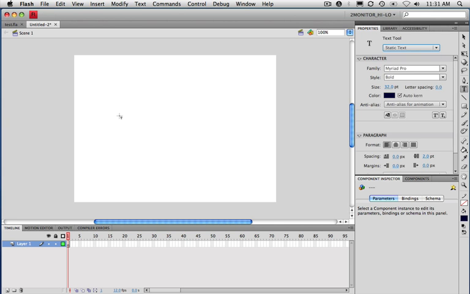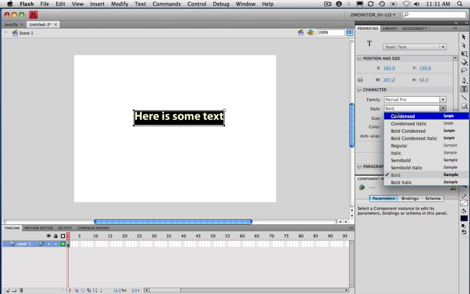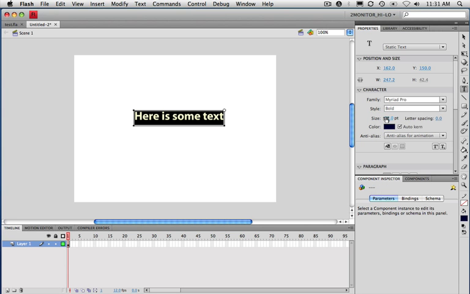So anyway, I'm going to just click here and type in some text. It's very imaginative. Notice that I can highlight the type, and again, I'm in the properties palette here. I can adjust the size, or I'm sorry, the font. I can choose the style of the typeface as well. I can crank up the size if I want. And by the way, if you want to